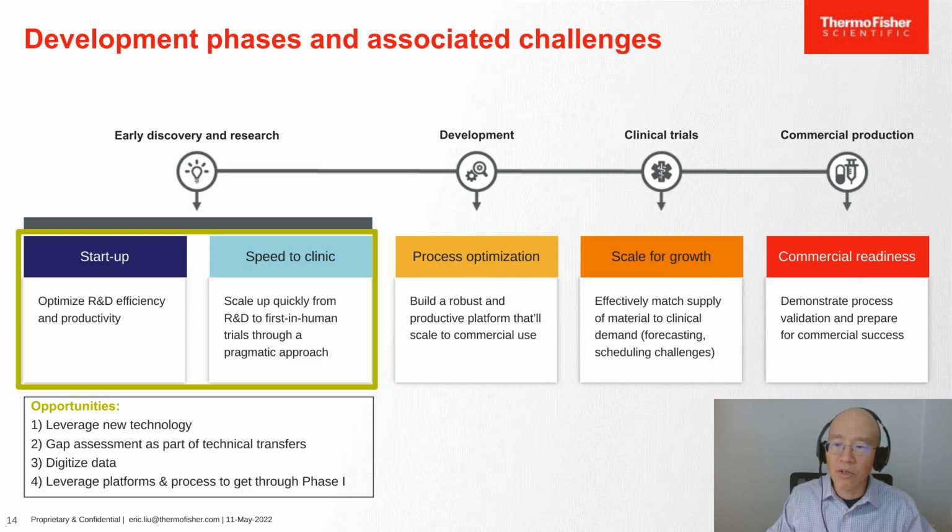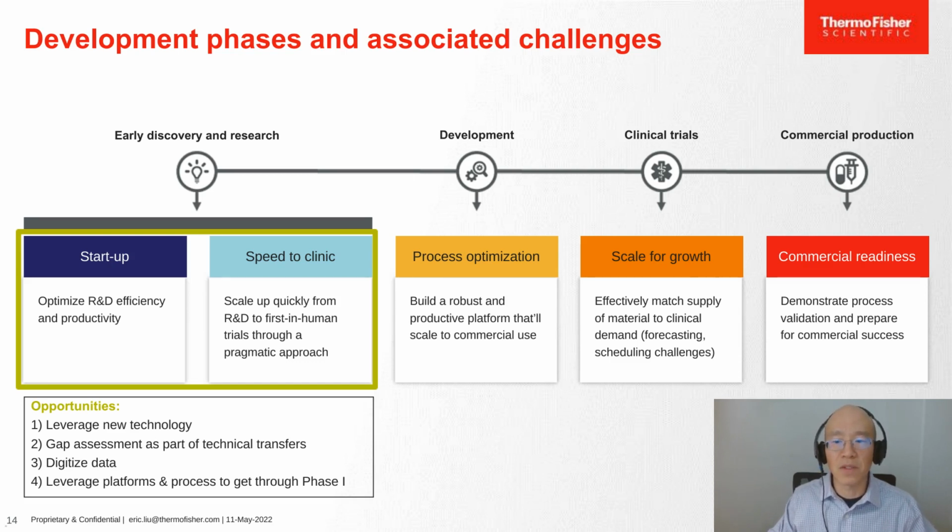The objective of the early discovery and research phase is to identify a candidate mAb molecule to be able to enter first-in-human trials. The goal here is to optimize the R&D efforts at the bench while stretching investment dollars made, while also trying to drive the timeline down. This is where the hard science is being done. However, as my process development colleagues tell me, not all monoclonal antibodies behave as well in real life as they do on paper, and the implications of each molecule's inherent scalability, predictability, and stability will carry over into the subsequent